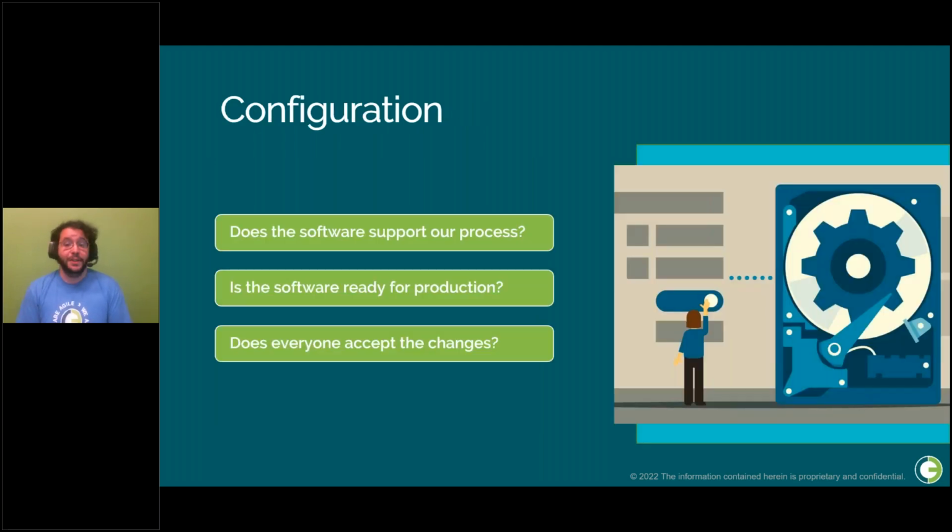Once the vendor has the data they need, they can go ahead and start configuring the software. Configurations might be made and reviewed incrementally or all at once, depending on the complexity of the software. Regardless, you need to keep in mind if the adjustments made so far support your team's processes. You don't want to find out post-implementation that the configurations are a hindrance to your teammates when you made this change to make their lives easier.